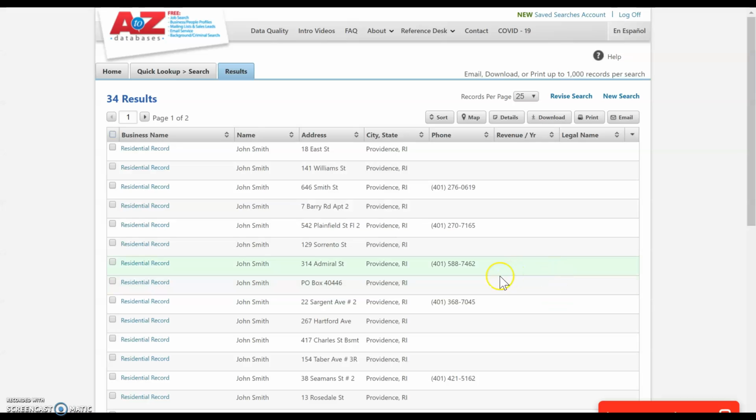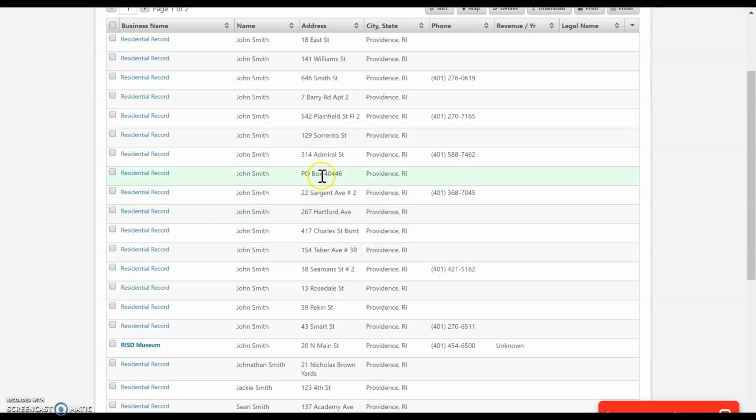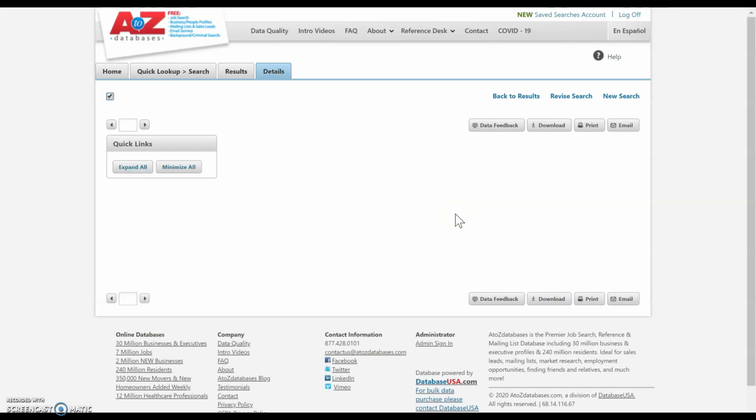it'll give you your results. So as long as you have the address for the person that you're looking for, or maybe you just forgot their number, you normally know it, this is a good way to find someone. So if you were looking for John Smith on Hartford Avenue, this is John Smith on Hartford Avenue. It's not showing that there's a phone number listed. You can click on residential record